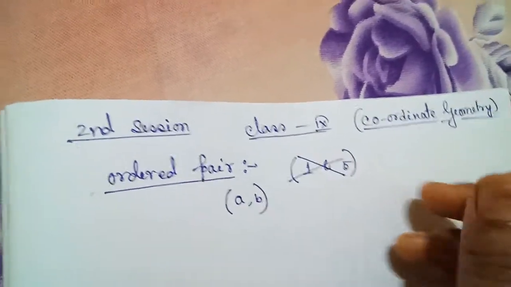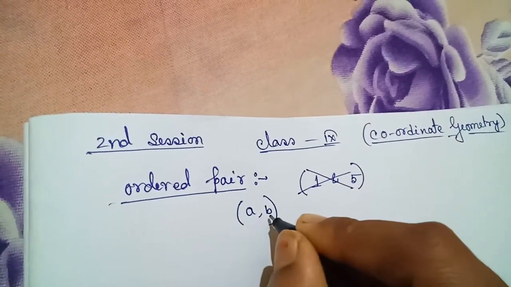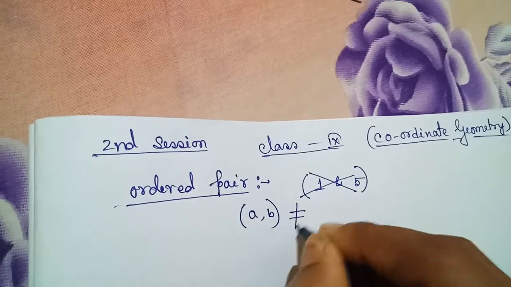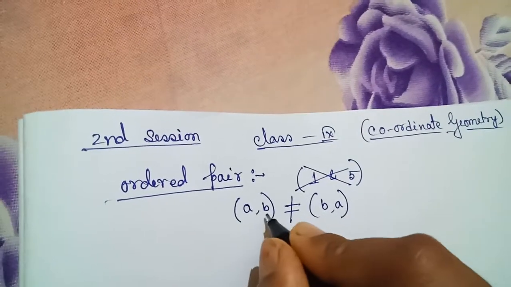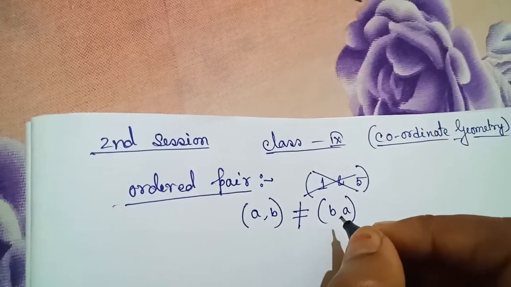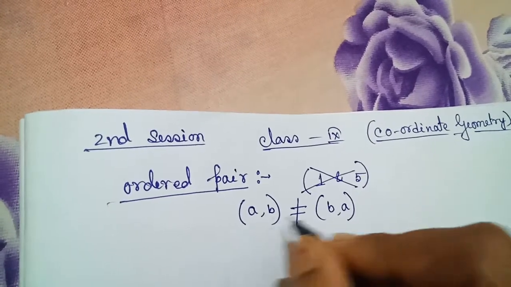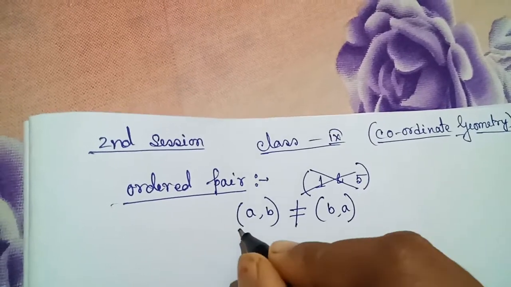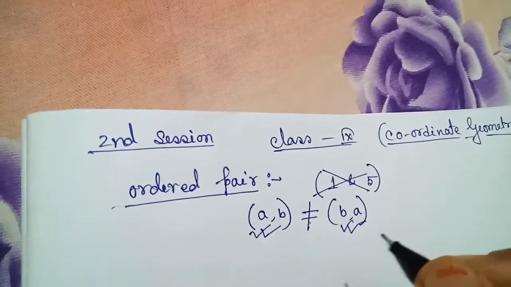Why ordered? Because what I told for 1 and 5, A comma B will not be equals to B comma A. You can see in both the cases the orders of A and B are different, so they are not same. So this pair not equal to this pair. Okay,